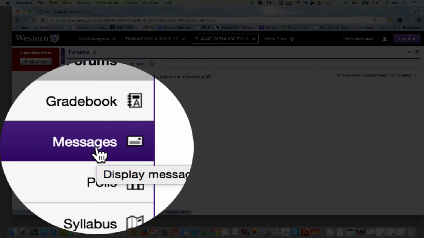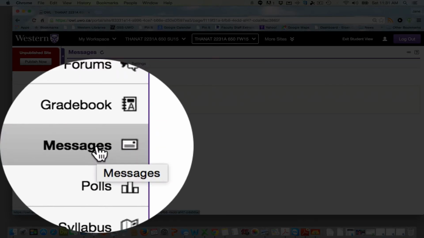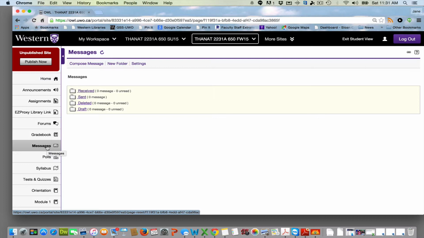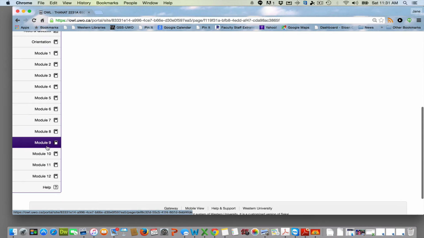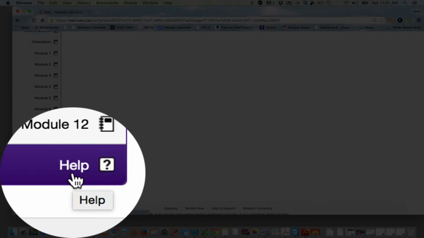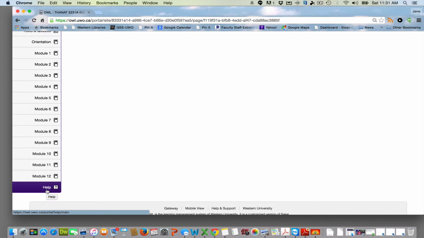Messages allows you to send messages to individuals and groups within the class. This is the best way to reach me once classes begin. Prior to that time, use my Western email, jmoor2@uwo.ca. I check into class once daily, Monday through Friday, and at least once on the weekends. Help is self-explanatory. If you have any questions, feel free to email me within the course or at jmoor